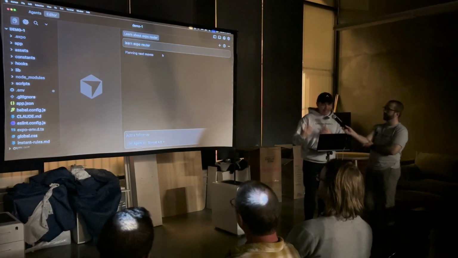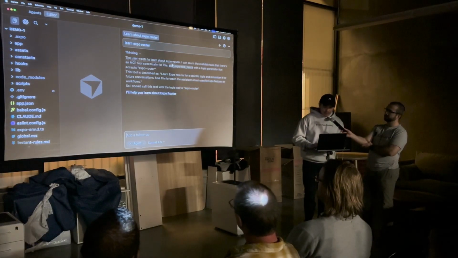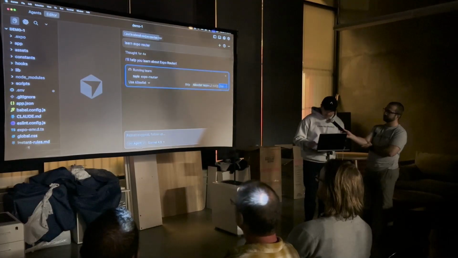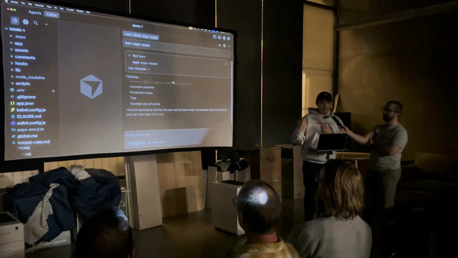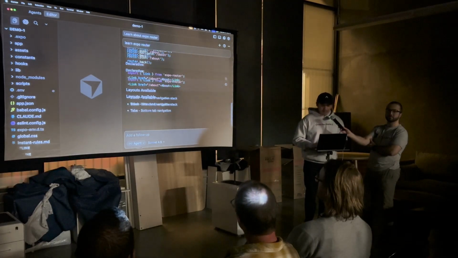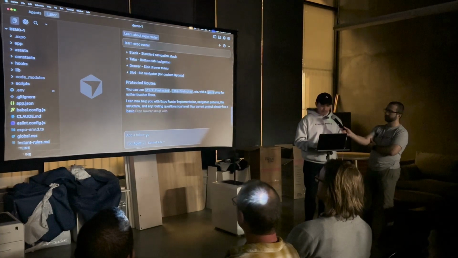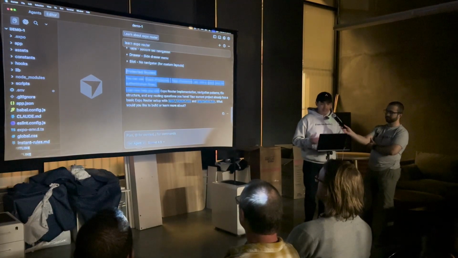Now this is going to detect that I have the MCP installed right here, you see? And it's going to ask me, oh, okay, you want to use it? Yes. Great, so this is going to make the agent familiar with the concepts of Expo Router and the file-based routing system. It even learned about protected routes, which is what I want to use right now